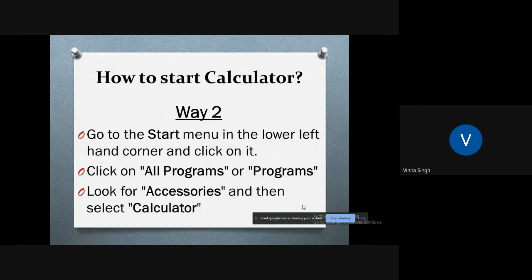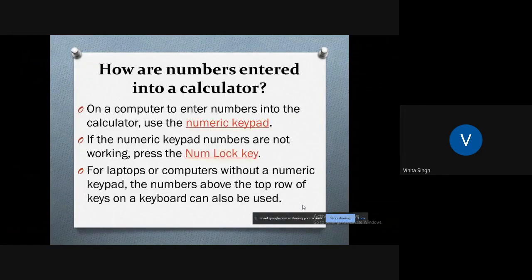Now, let us see how numbers are entered into the calculator. On a computer, to enter the numbers into the calculator, use the numeric keypad, which is present on the right hand side.